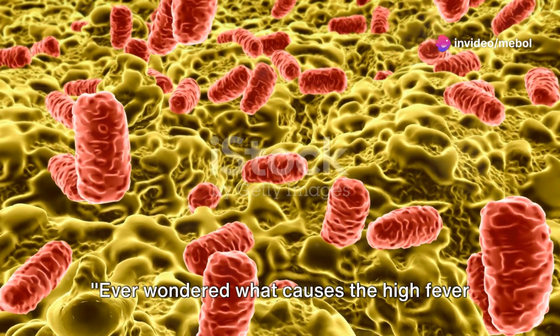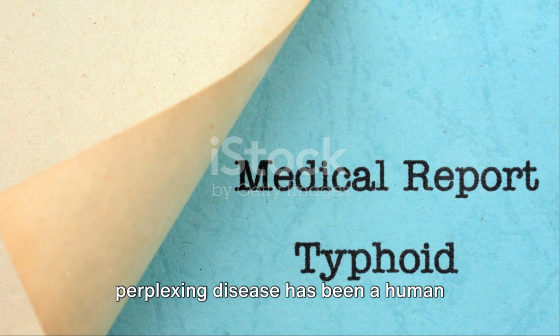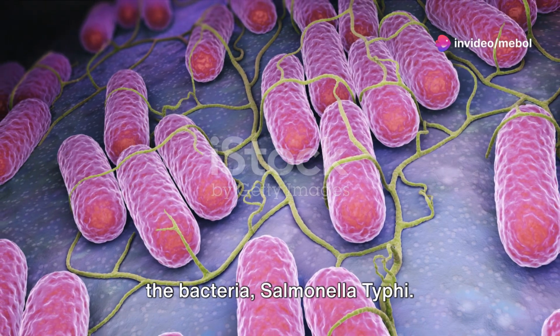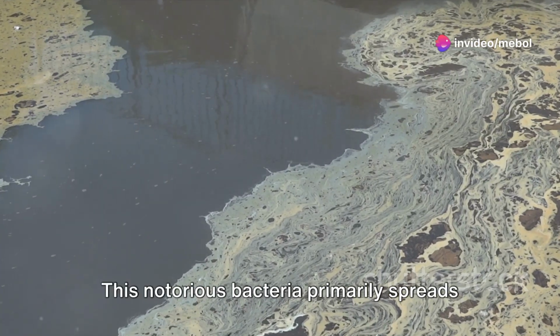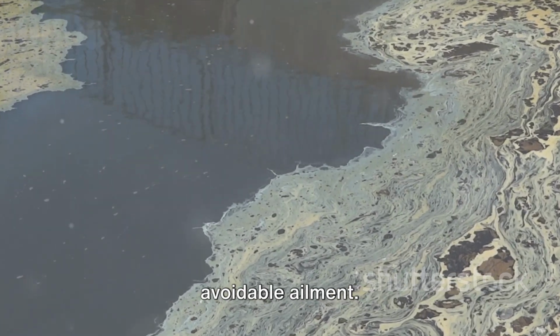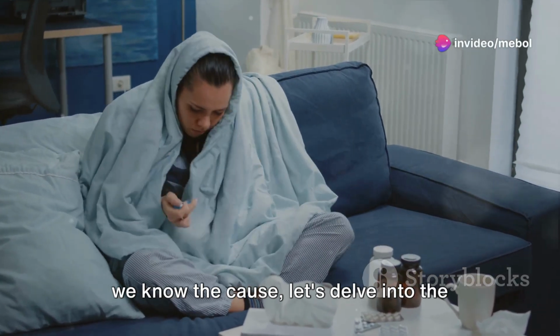Ever wondered what causes the high fever and abdominal pain known as typhoid? This perplexing disease has been a human adversary for centuries. The villain in this plot? None other than the bacteria Salmonella typhi. This notorious bacteria primarily spreads its web of disease through contaminated food and water, making it a common yet avoidable ailment. Now that the cat is out of the bag, and we know the cause, let's delve into the signs